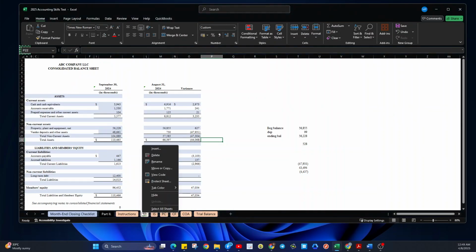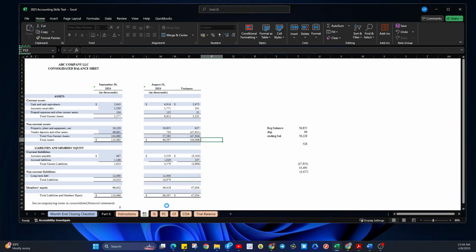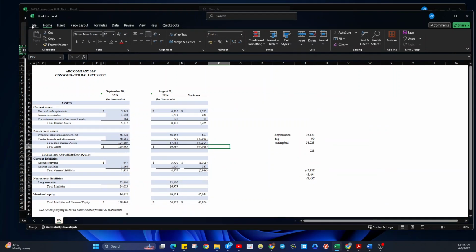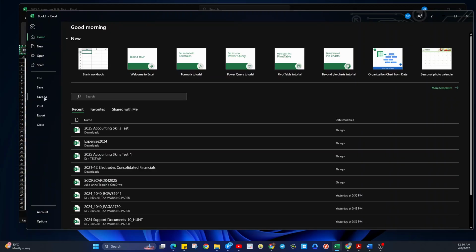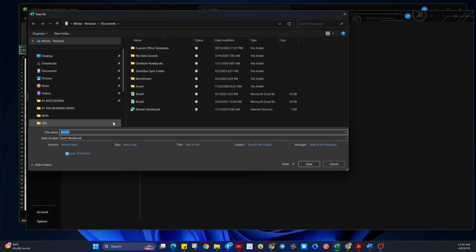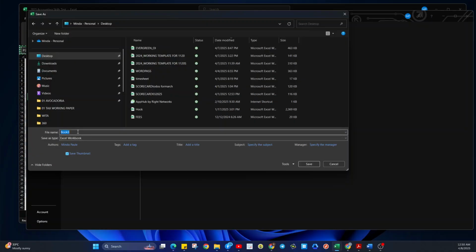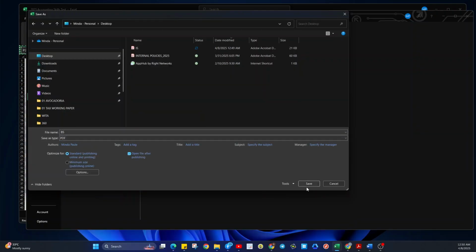And then the balance sheet. I'll hide this one, it might be taken. File, save as. Desktop. PDF. And then save.